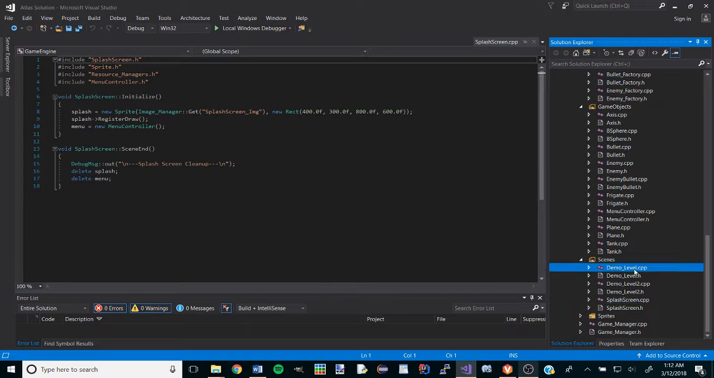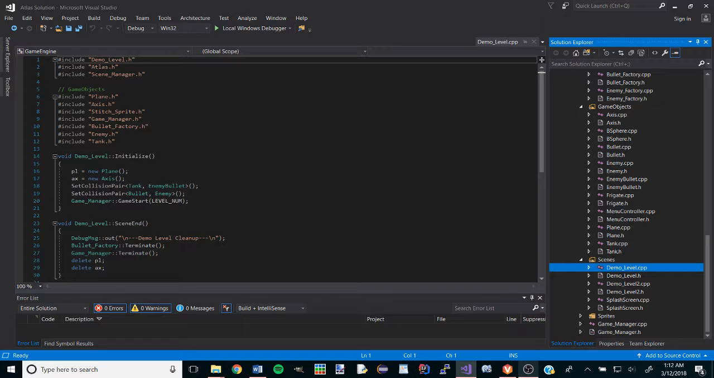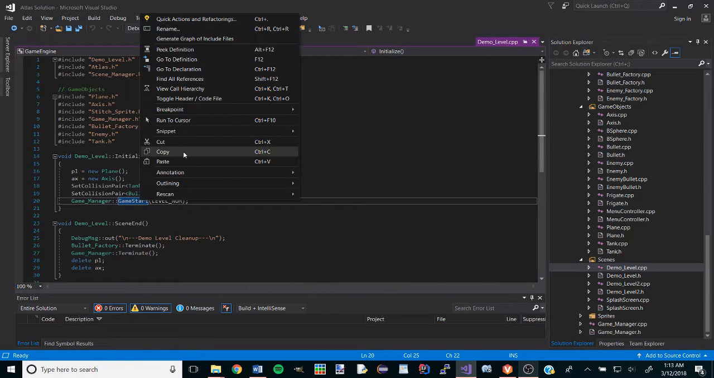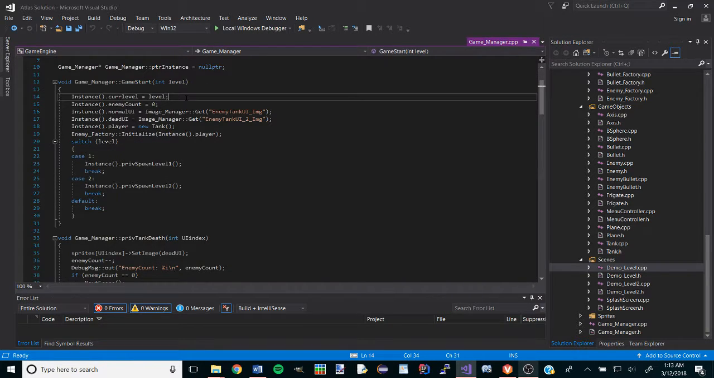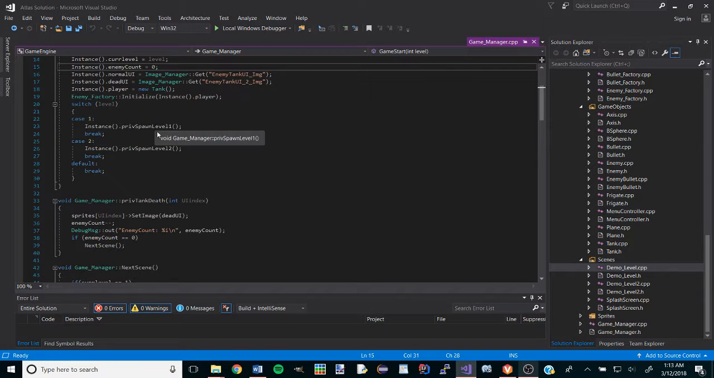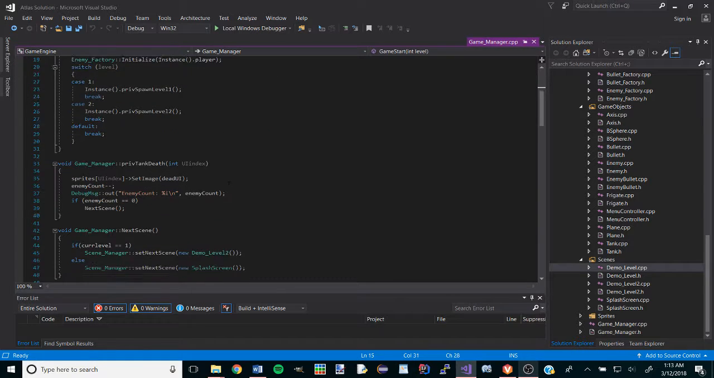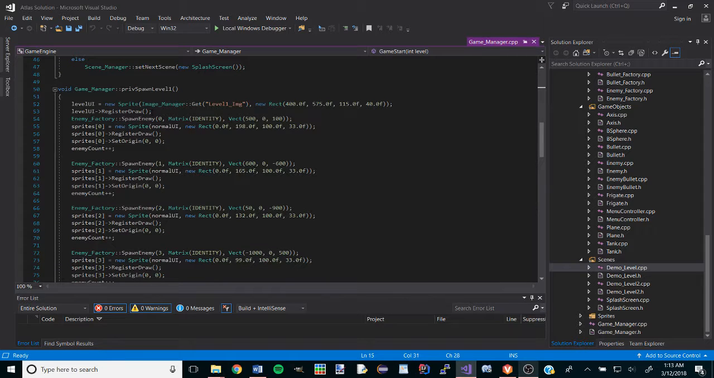And that will start the demo level, which sets the collision pairs for tank, enemy, bullet, bullet, enemy, and calls game start on the game manager with that level, which if we're looking in here at the game start, and here we're just saving what current level is, and we grab the image sprites for the normal enemy tank and the defeated enemy tank, and we set our enemy count to 0, and then we just run a spawn level function based on what level number we got at game start,